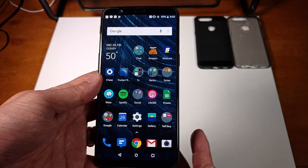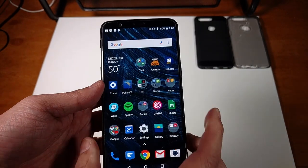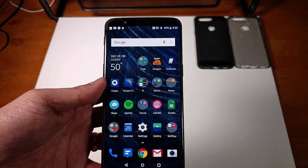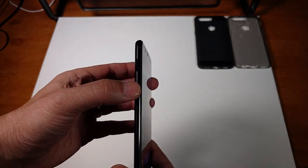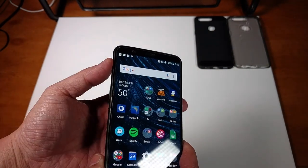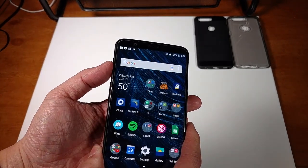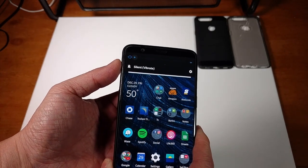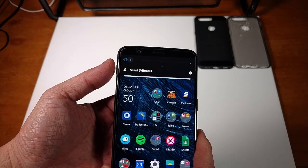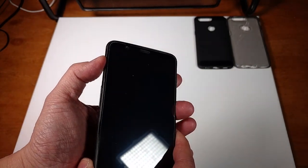All right, with any phone too, there's gonna be things that I don't like. As good as this phone is for 500 bucks, there's gonna be some things I don't like about this phone. All right, number one, the do not disturb. Now, a lot of people like this alert slider right here. You can see it. You can toggle it between the ring. Oh, turn it back on. Toggle between the ring and do not disturb. And if you slide it all the way up, it's gonna be silent vibrate. All right, and that's a cool feature. You know, at night you could turn it to do not disturb,